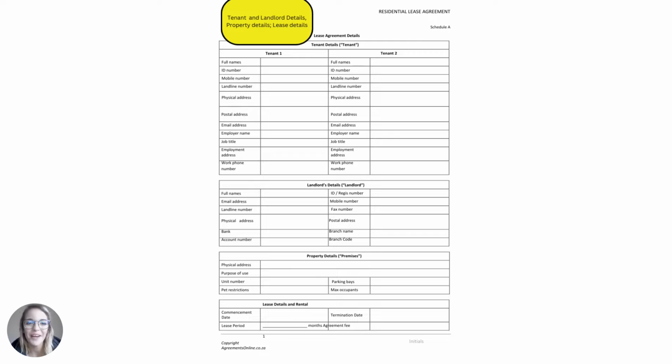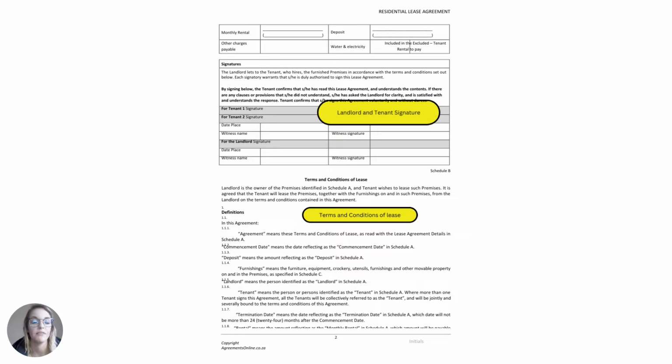So we start off by filling out the details of the tenants as well as the landlord, and property details as well as lease details, which are things such as the physical address and so on. That then gets signed by both the landlord and the tenant, and the agreement then goes on just to mention